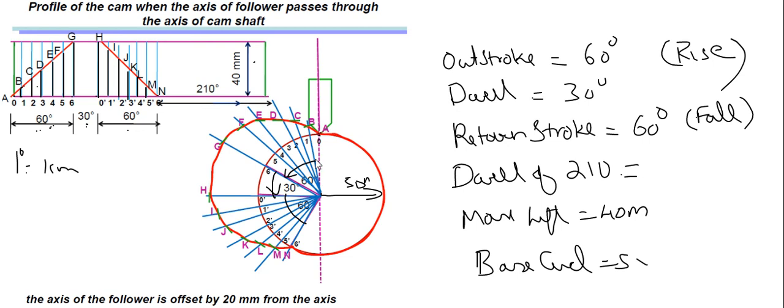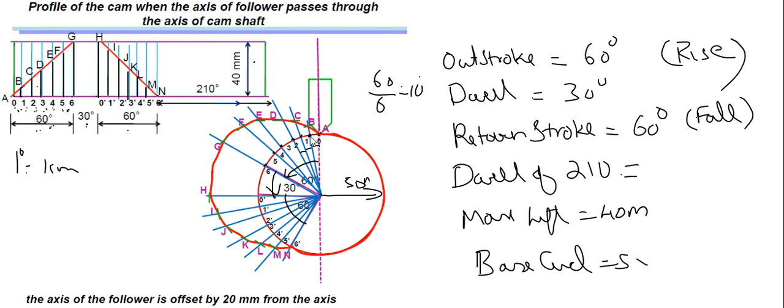And that 60 should be divided into the same number of parts as you divided here. You have divided this into 6 pieces. So divide that 60 into 6 pieces. You can either use a compass method, or you can just divide: 60 divided by 6 will give you 10 degrees. So each of these will be 10 degrees. So mark these points at 10 degrees now. If you get these points, then those points are your 1, 2, 3, 4, 5, 6 points.